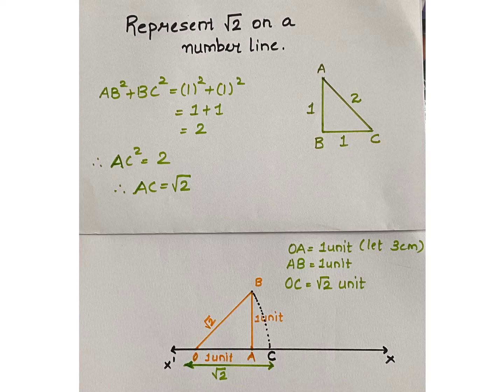If you are asked to write these steps, you can write them as: first, draw x dash axis. Second, take OA on this axis such that OA is equal to 1 unit. Third, draw line segment AB such that AB is equal to 1 unit. Fourth, join OB. Fifth, by taking O as center and OB as radius, draw an arc which intersects the x dash axis at point C. And last, thus OC is equal to root 2.